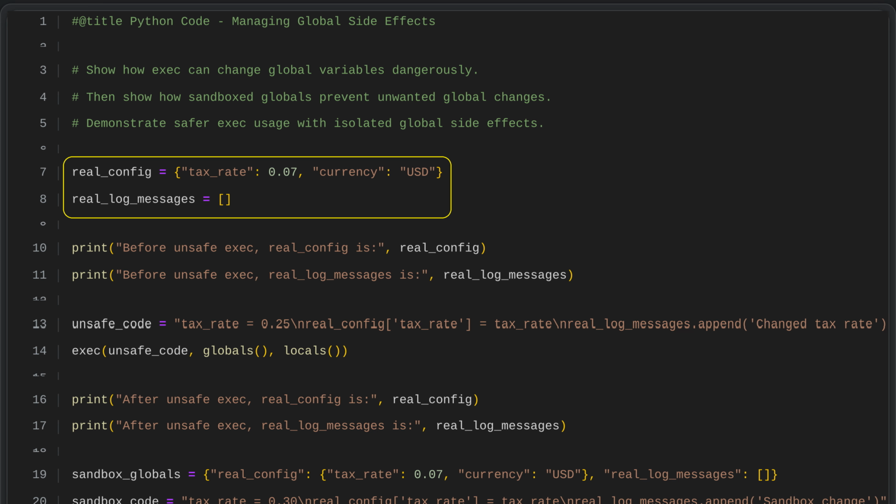The program begins by setting up a configuration structure that stores settings such as a 7% tax rate and the use of US dollars as the currency. It also creates an empty collection intended to hold log messages produced while the program runs. These two pieces of shared data are introduced to illustrate how global state can be created and modified throughout the